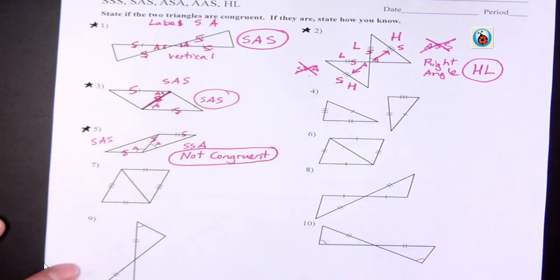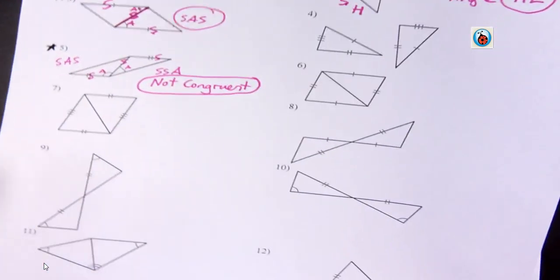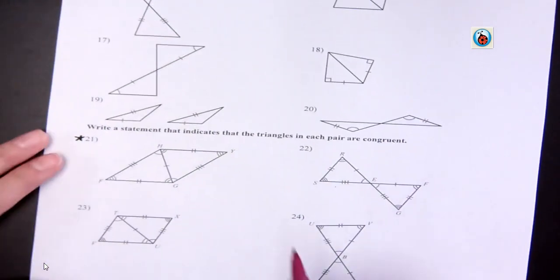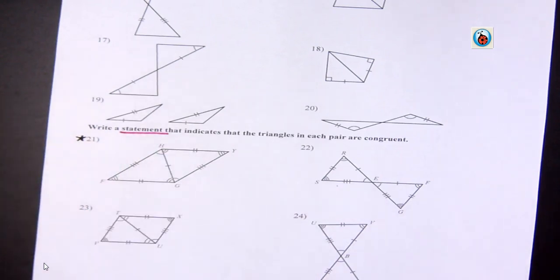Okay, so now you're going to finish up the rest of this page here and see what you have, whether it's one of these options or not congruent. Same thing for the top of the second page. And down right here, we're writing that congruent statement. So that is going off of the example on that page,